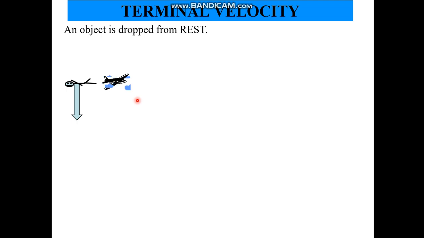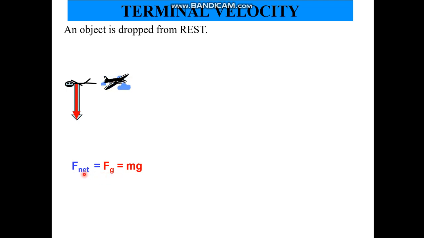Right, so initially, as the guy jumps out of the plane, before he's actually started moving down, if we just look at the forces on him, the only force on him would be the force of gravity. This is the instant that he jumps out of the plane before he actually starts moving down. Only force on him is gravity, and so therefore he would accelerate down with an acceleration equal to g, 9.8 meters per second squared,